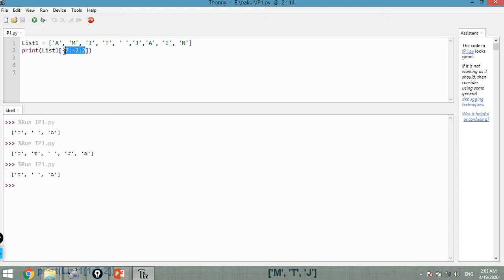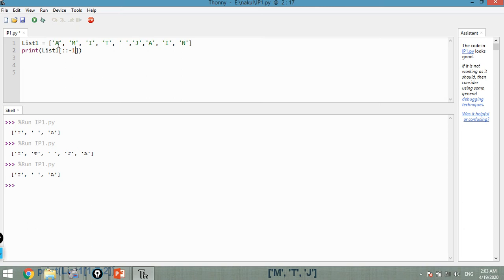If I write just the start and the step, the complete list will be displayed, but as I have written the step as -1, it will start from the back side, in the reverse direction, moving from the last element to the first element.